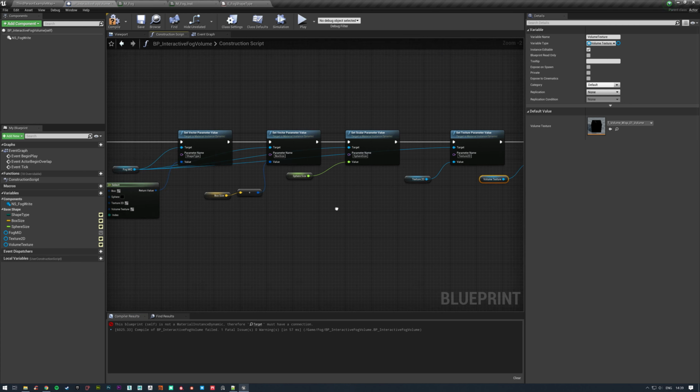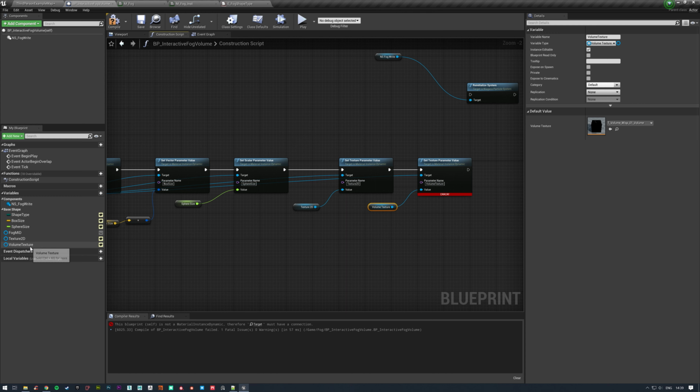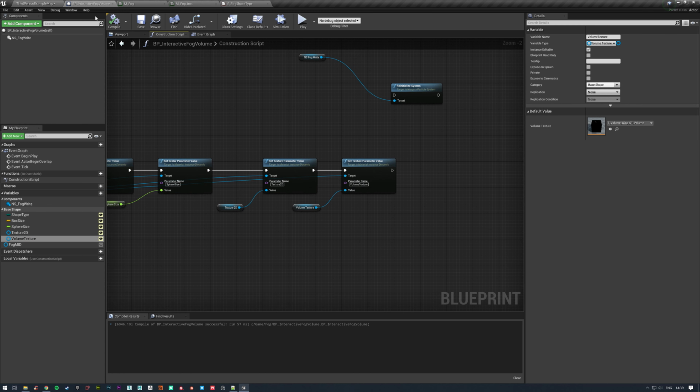sure that you've plugged your fog mid in there, and that these two are exposed, which they are. Make sure that these are in the base shape category as well. You can just drag them in, or you can also select it from the drop down, or just type in here a category as well. Click save on that, and